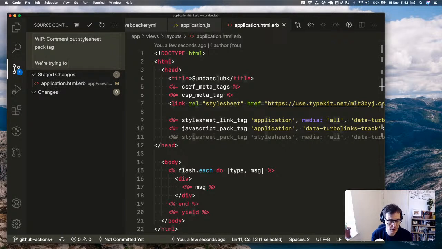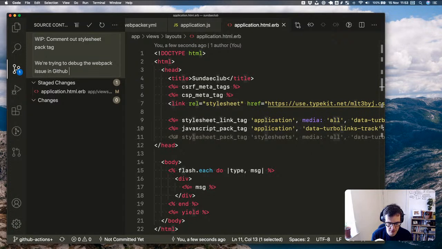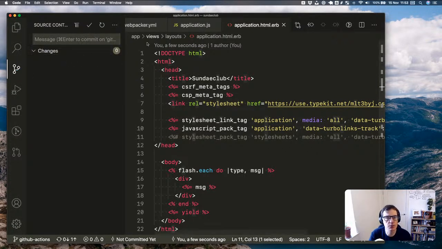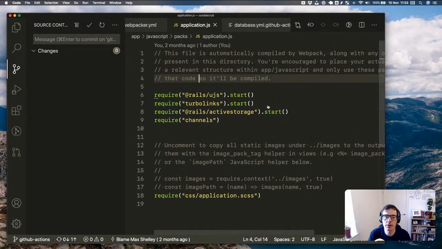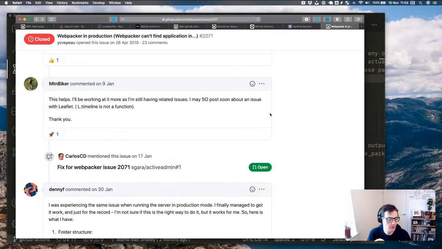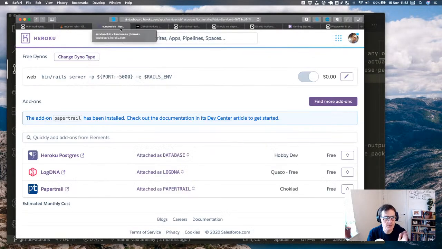We're trying to debug the Webpack issue in GitHub Actions. Again, we're just doing a web branch here, but this will all eventually be, I think, on commit. Really, we don't. Maybe we'd keep a couple if we wanted to know what we were debugging and really wanted to fix it separately. Okay, so that's our GitHub action. Let's jump back to our